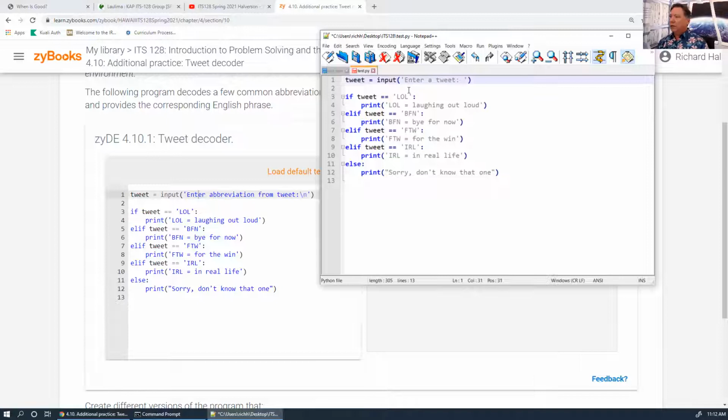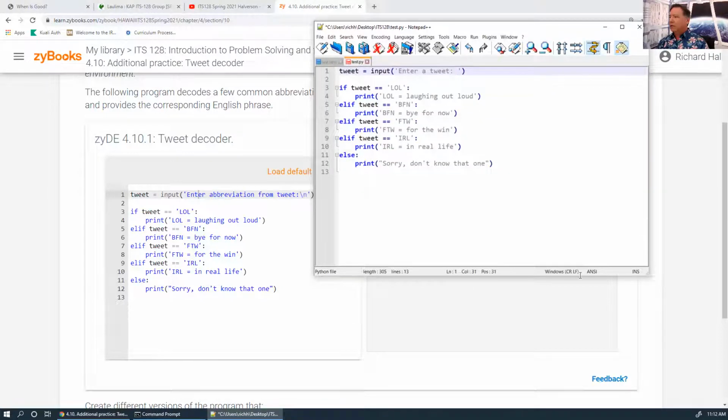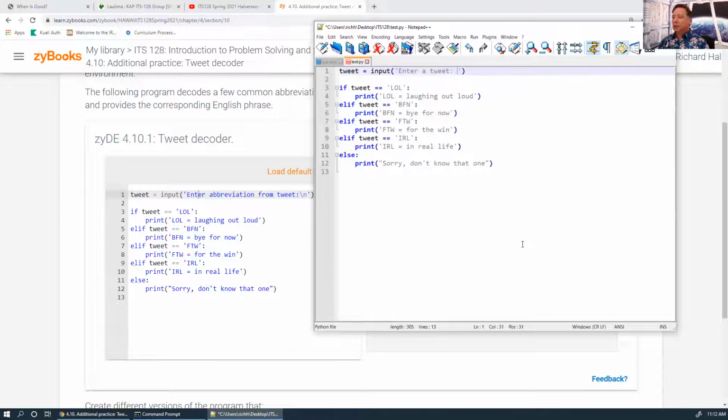Okay, enter a tweet, and then I'm going to say, let's see, we've learned the in function for strings, so I'm going to call this tweet in. Okay, tweet in. How's that? That's better because